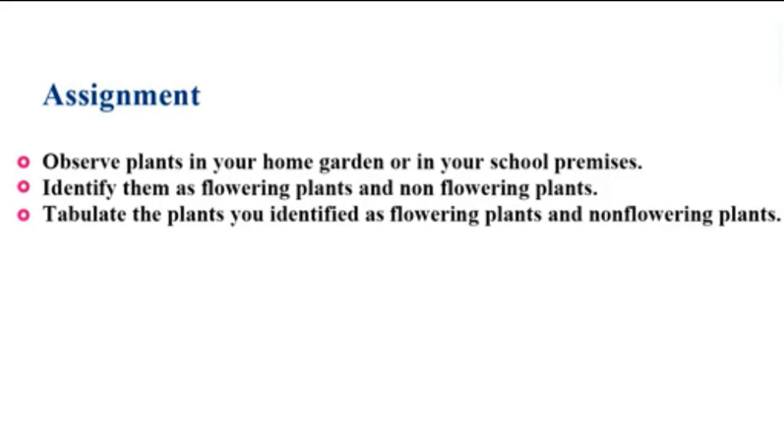Now remember, I told you that you have to make a field book. You can add this assignment as the first activity in the field book. What you have to do is observe the environment, either your home garden or school premises, and write down the names of all the plants that you come across in the field book, the first page. And then you have to make a table like this, right? You can make a table. One side you can add flowering plants,